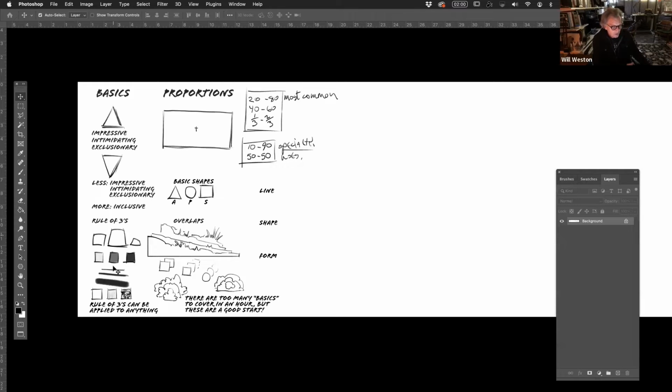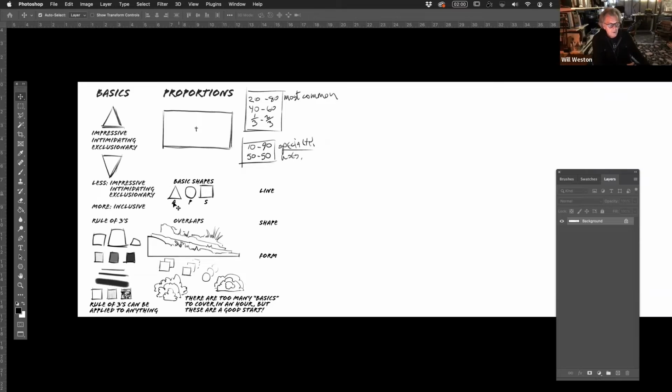The rule of threes, and this can be applied to anything: big, medium, and small; light, medium, and dark; thin, medium, and thick; low contrast or detail or texture, medium contrast or detail or texture, high contrast or detail or texture. Three is the smallest number that can comprise a group. So if you organize things by thinking in threes, you'll get a great deal of variety, and you'll also retain a lot of clarity in your pictures. It basically helps you to get more detailed, but to keep your pictures clear.